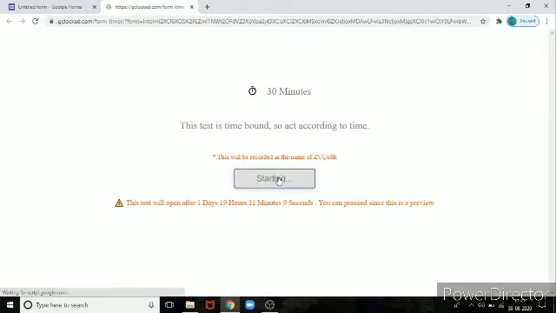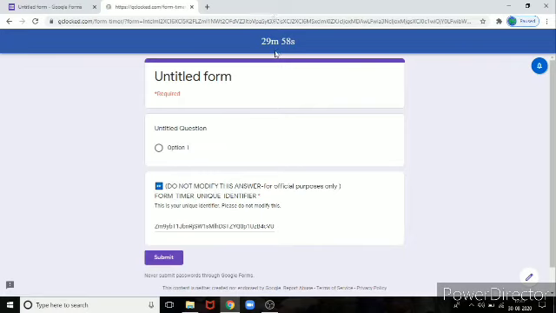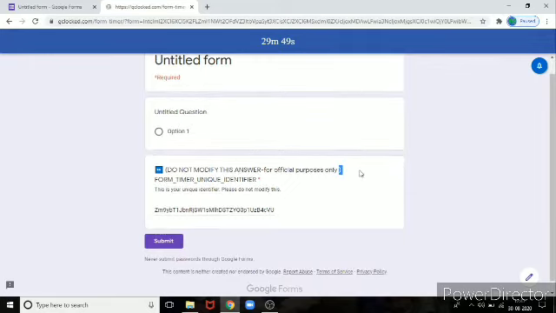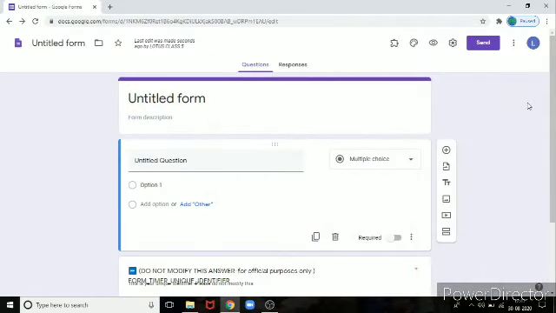As it is a preview, we can just click Get Started. Once you start the test, you can see the timing duration on the top. The countdown has started. The student can attempt all the questions within the 30 minutes. Even if the questions are not completed in 30 minutes, the test will be submitted automatically. So this is what happens with the form timer. I hope you understand this one. So this is about the form timer.